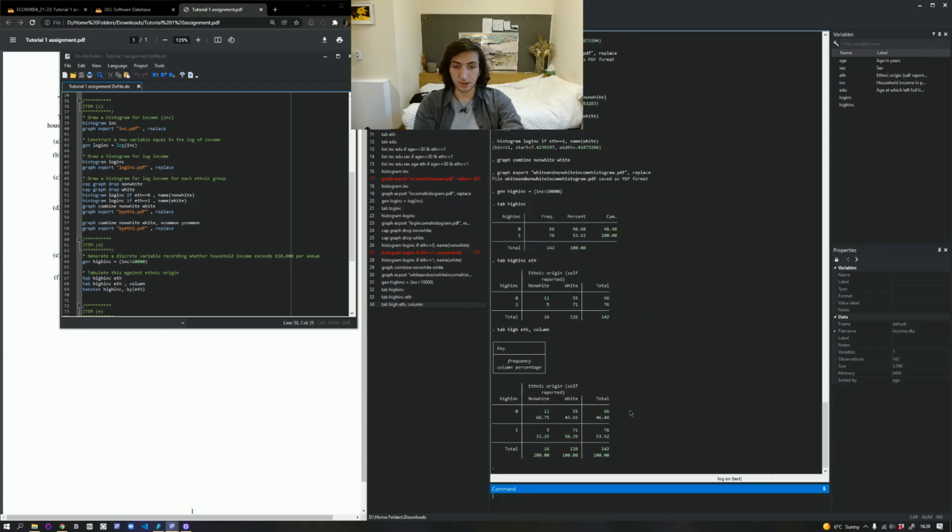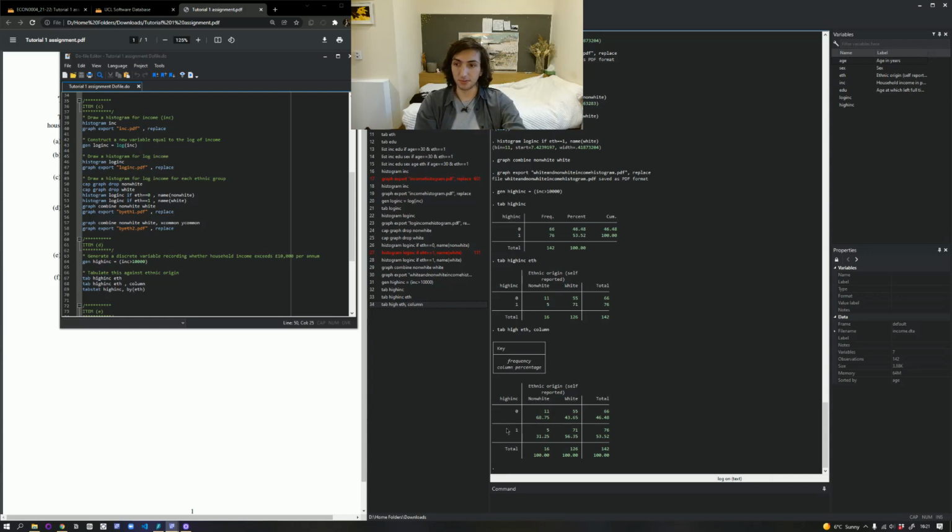Okay, so now you should get this as a column. This also gives you, I think that's percentage. Is that percentage? Yeah, I think it is percentage. So you can see that 68% of non-white participants were low income and 31% were high, whereas 56% of whites were high and 43% were low. So you can see that there is somewhat more of a difference here, because now you've got that representation